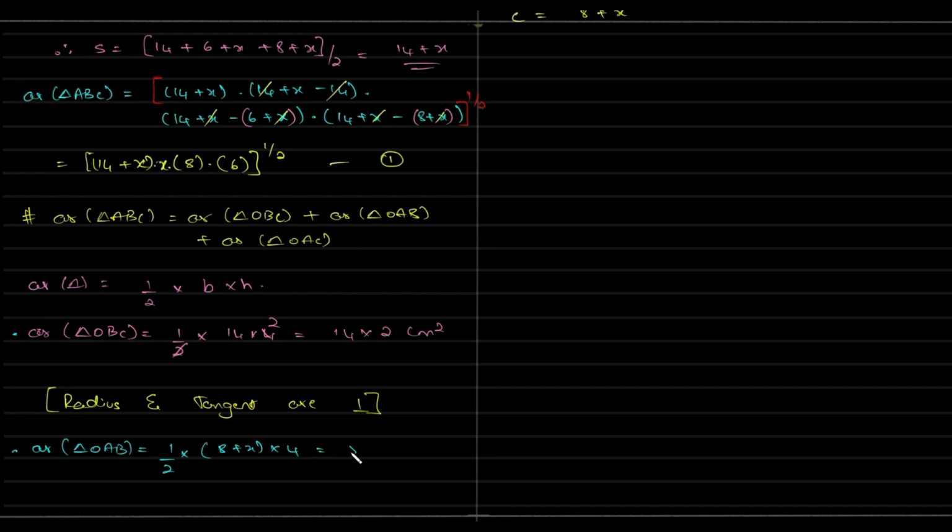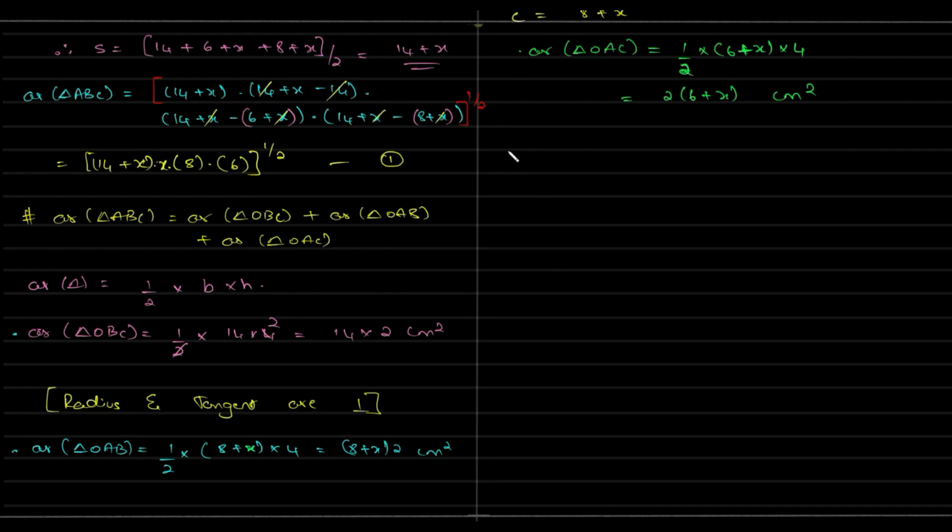So this will be 8 plus x into 2 centimeter square. Next is area of triangle OAC, I guess. Yeah. Half into base is 6 plus x. I hope I'm taking the values right, or there's a mismatch. Into 4. So this will be 2 times of 6 plus x centimeter square,